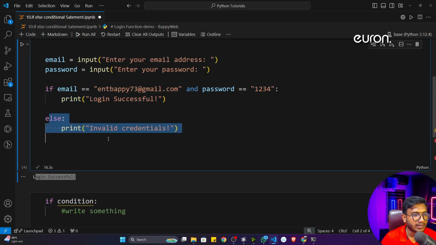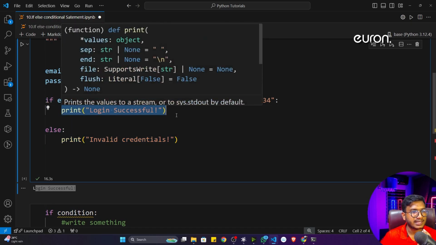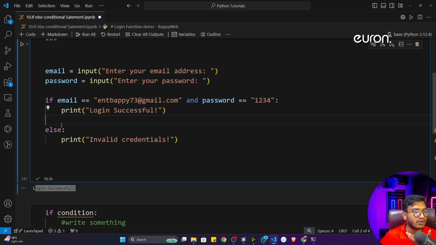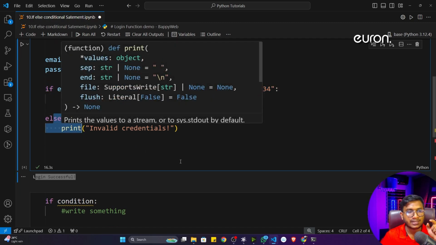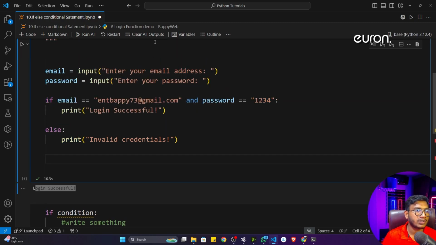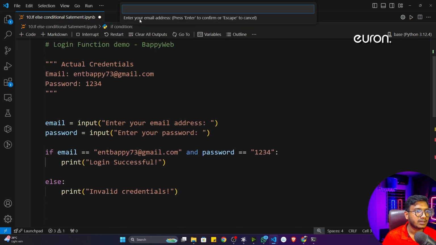So the program won't go there. That means if your if condition is true, the program will execute and break. Your program won't be reading the else condition, it won't be executing. But if this particular if statement fails, that time your program will come to the else condition and it will execute. Let me show you. So if I again execute the program and give the credential,